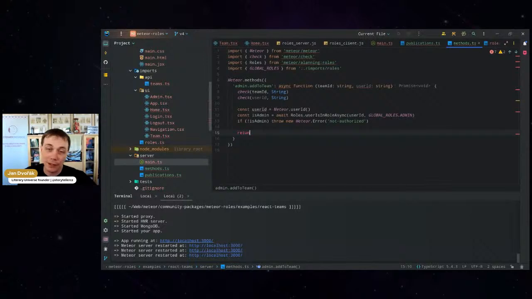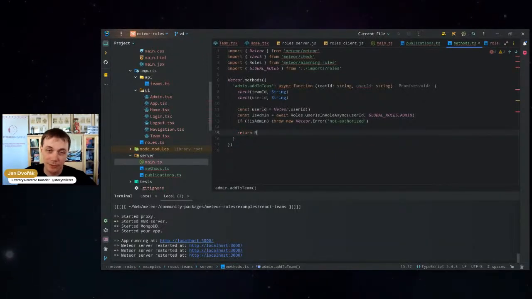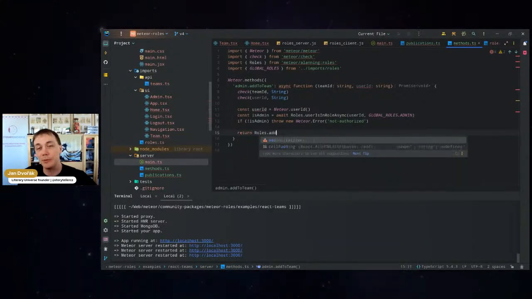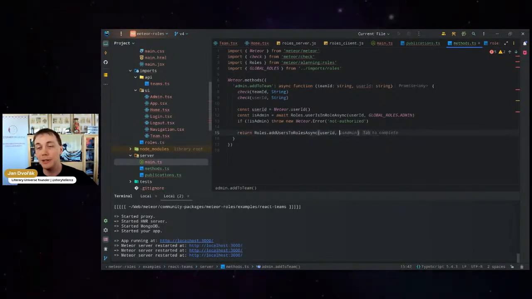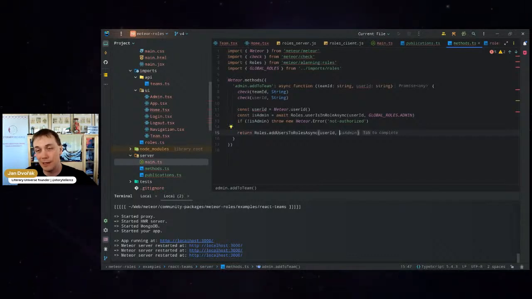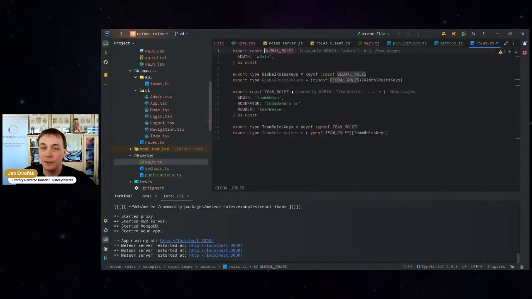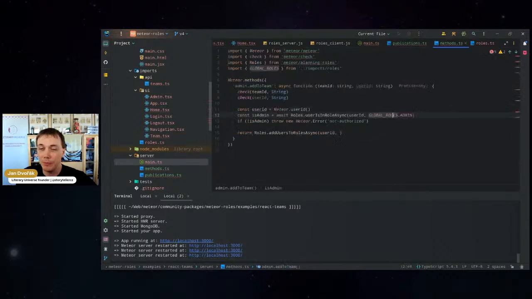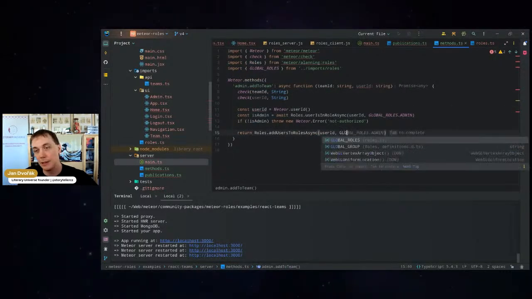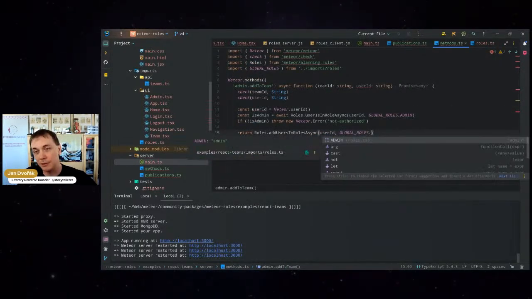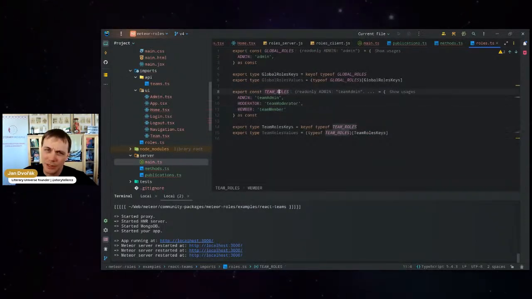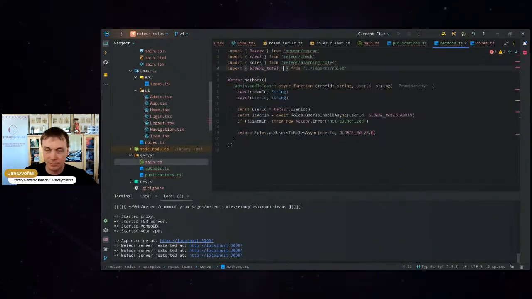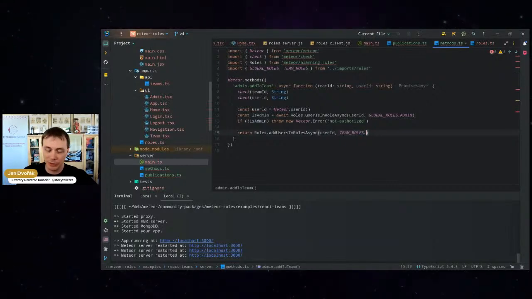And if they are admin, then we'll do add users to roles. I'll just add our user ID. And here we are going to make a new change. So we have a member global roles dot. No, sorry, it's team roles. That's the one. So team roles dot